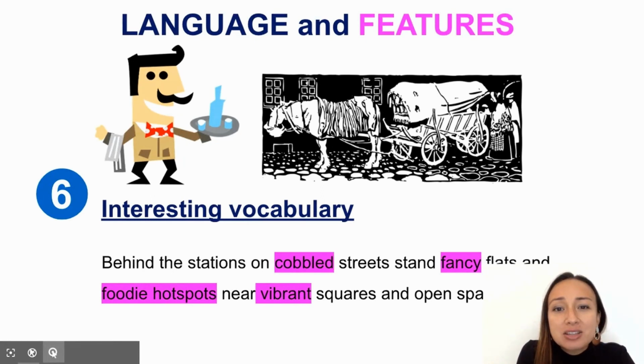Now, it's really nice that you use this word because it gives you a real sense of the history. And it also creates a nice contrast with the modern image of King's Cross that comes to mind with fancy flats and foodie hotspots. So it creates a good image in your mind and a really nice contrast with our modern times. Okay,